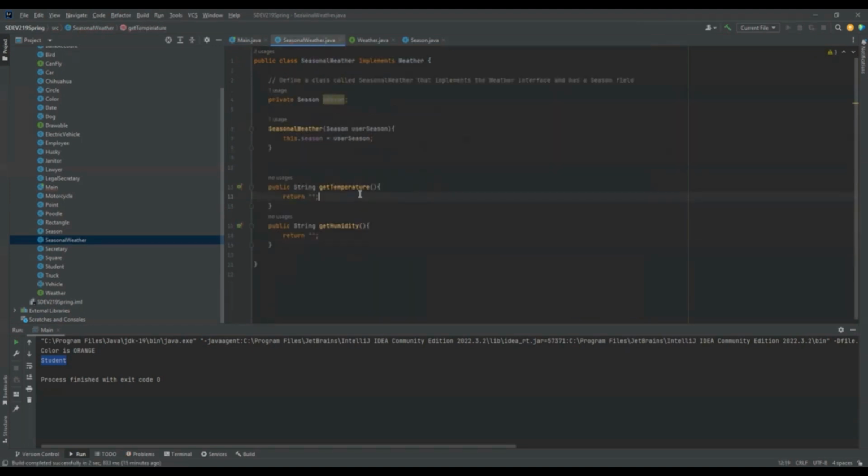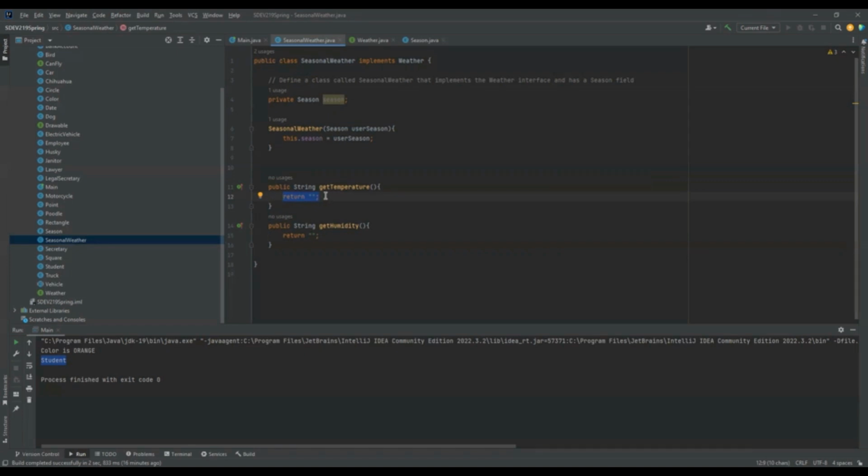Now let's go back and change right here, return something that actually makes sense. So let's write a switch statement defining what the temperature is. We're not going to be doing an integer or double value for temperature. Let's define in plain English what the temperature is. So let's say if it's winter, it's cold, right? If it's fall, it's cool temperature, that kind of thing. And if it's summer, it's hot. And if it's spring, so how would I write a switch statement, or what would this switch statement be based